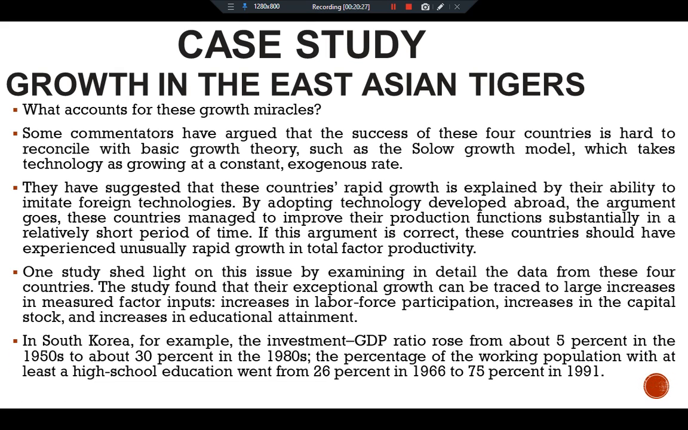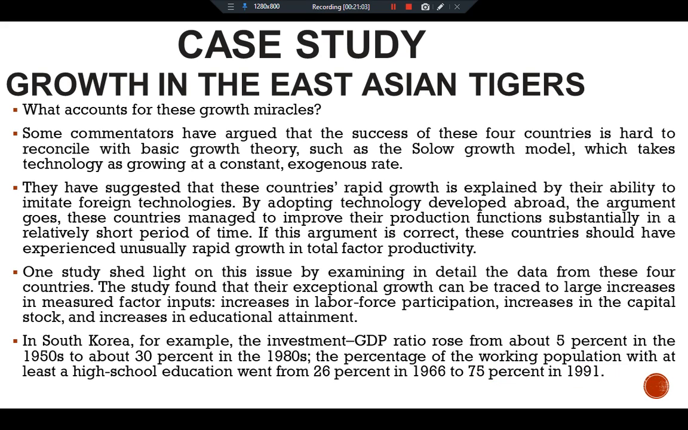In South Korea, for example, the investment to GDP ratio rose from about 5% in the 1950s to about 30% in the 1980s. The percentage of the working population with at least a high school education went from 26% in 1966 to 75% in 1991. Once we account for the growth in labor, capital and human capital, little of the growth in output is